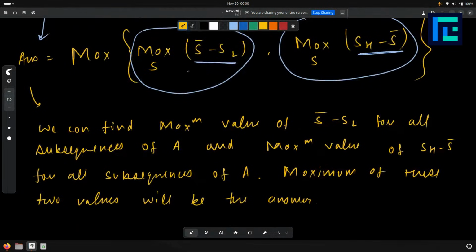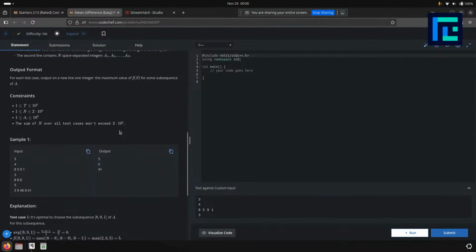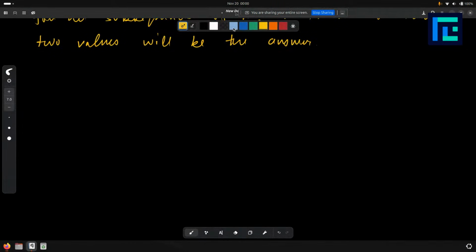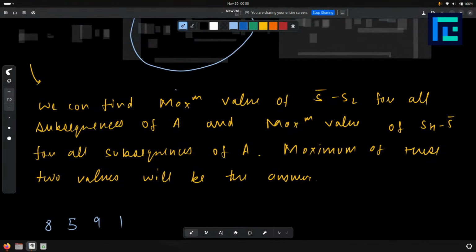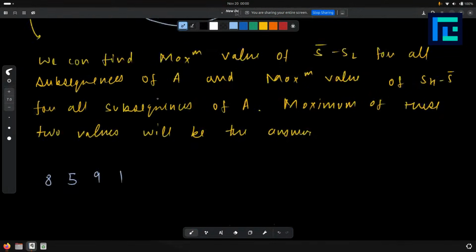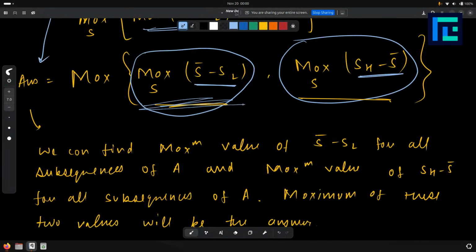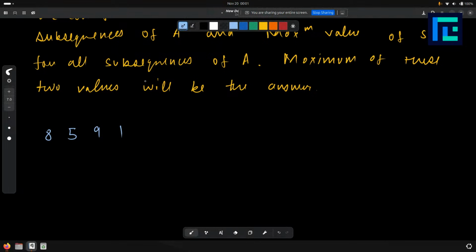So let's try focusing on finding these two values. Let's now see the test cases first. The first test case is 8 5 9 1. Let's just do brute force and take all the subsequences. So we have 1, 5, 9, 8,